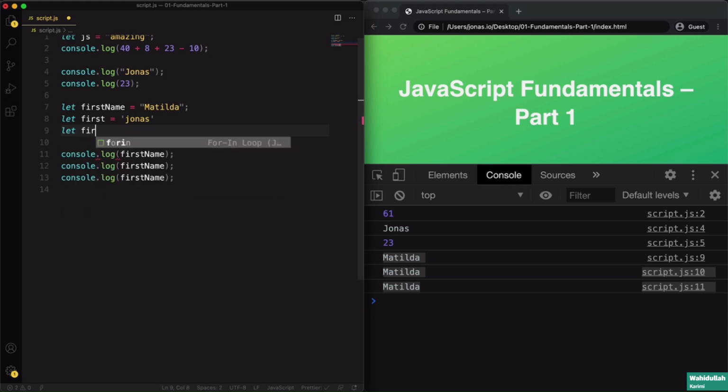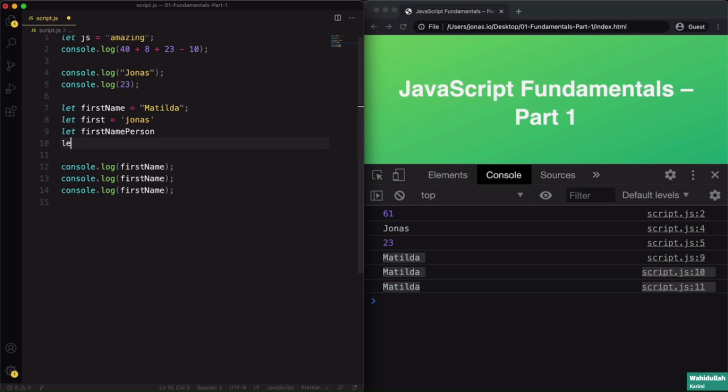But if we had more than one word, like first name, person, then you see that all the subsequent words are written with this uppercase letter. And this is kind of a standard in the JavaScript world. But of course, there are other ways of naming variables. For example, we could write